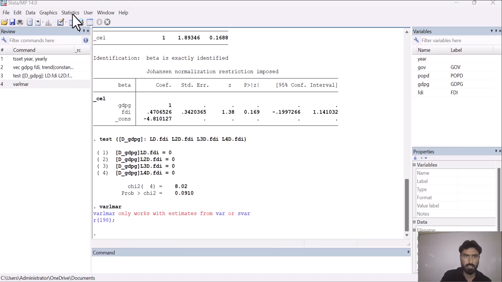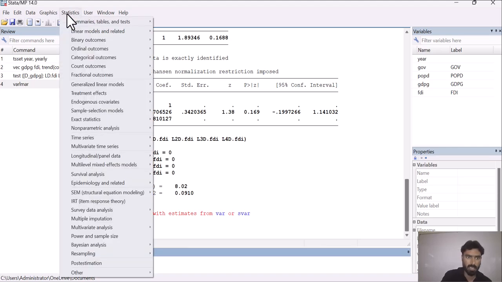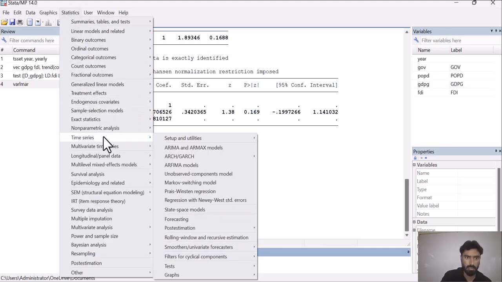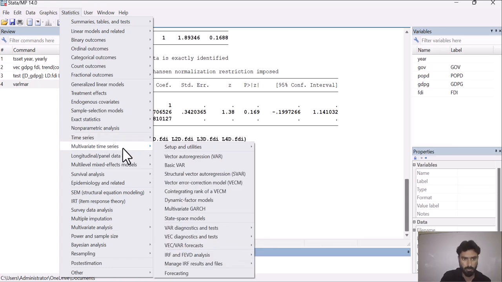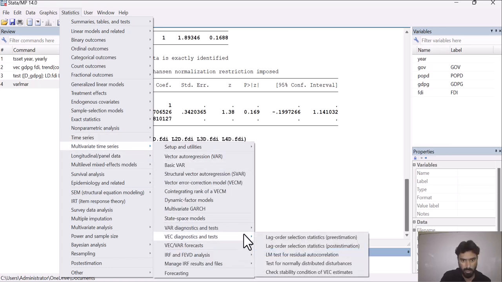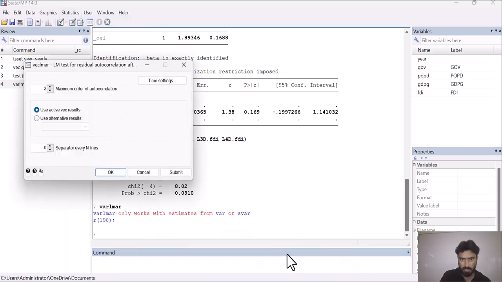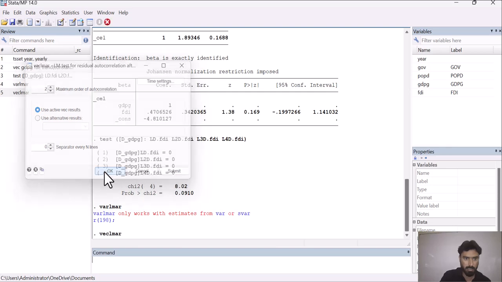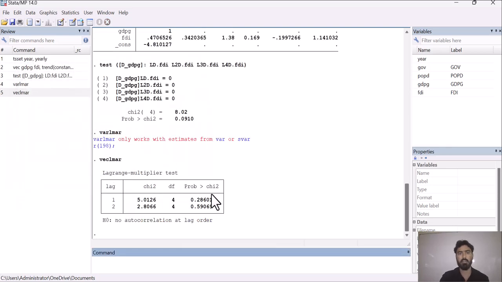So basically we have to go to the VEC option as we are applying the VEC model. So go to multivariate time series, go to VEC diagnostics and tests, then click on LM test for residual autocorrelation, and then click on OK. So here you can see that it has given results for autocorrelation. So H0 is no autocorrelation at lag order, and H1 is there is autocorrelation.